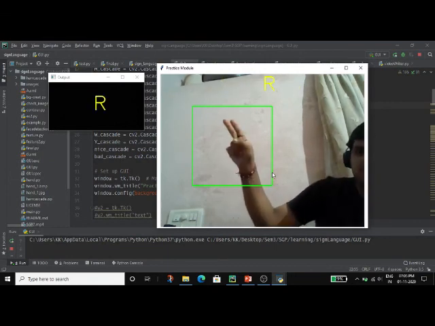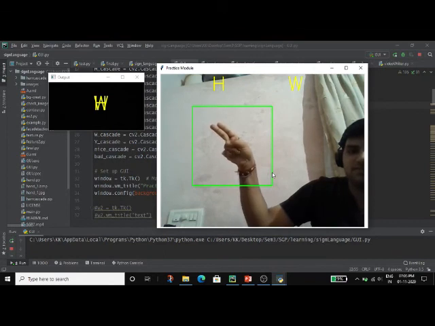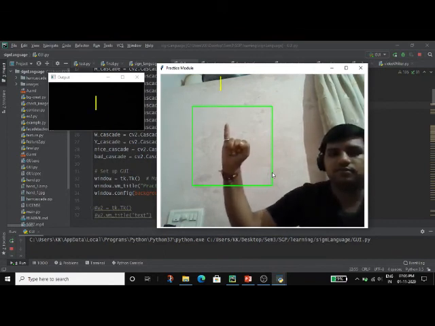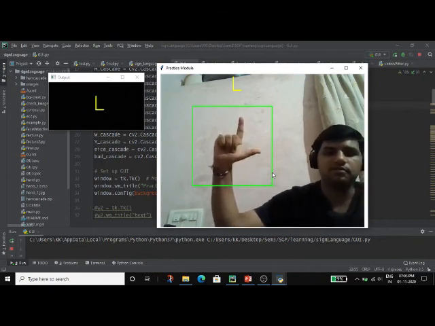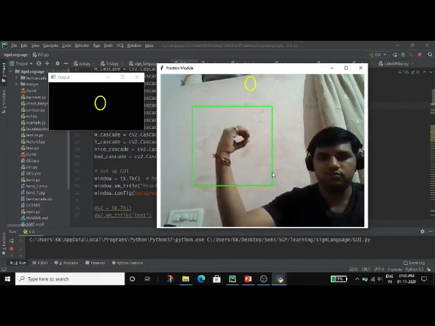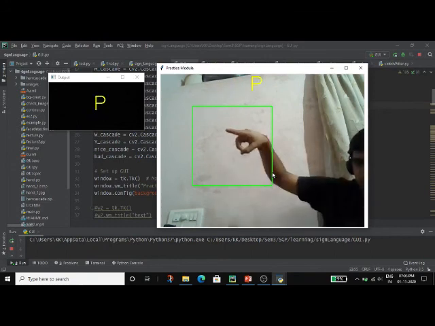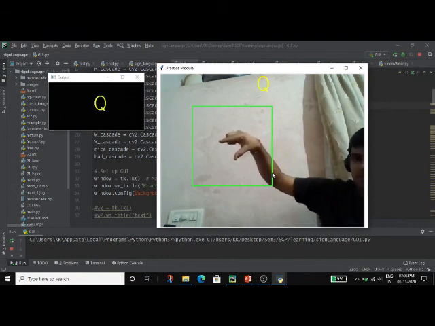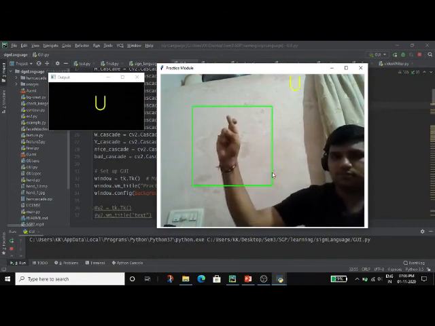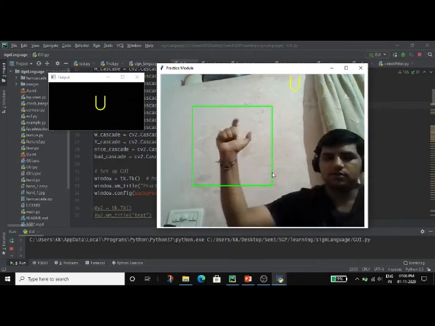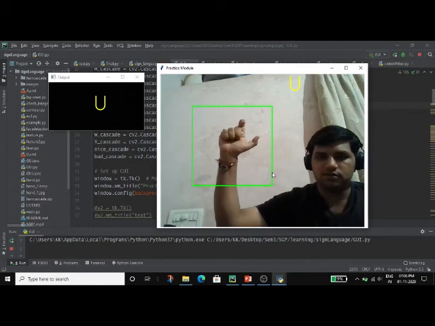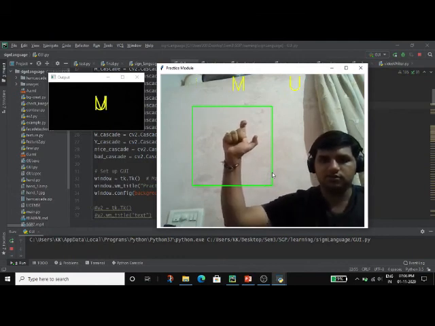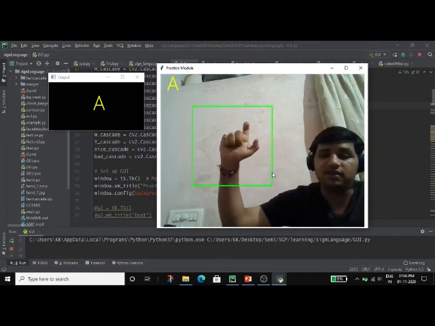G, H, I, K, L, O, P, Q, T. If some of it doesn't work, it is because I am sitting in different lighting conditions,